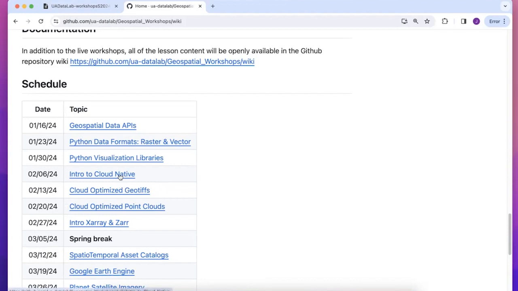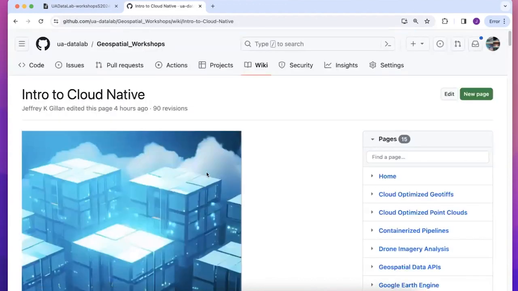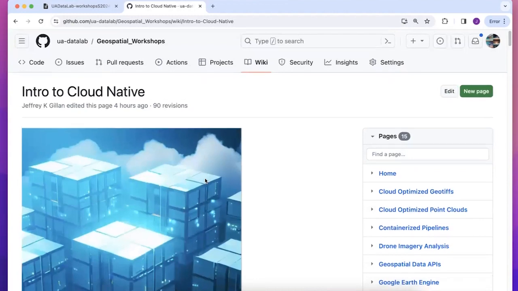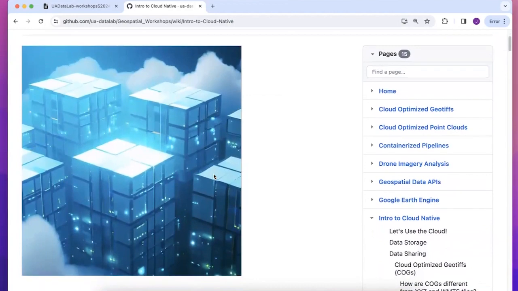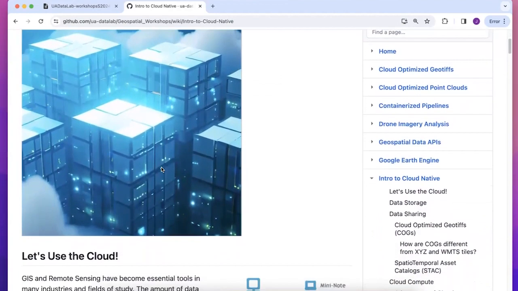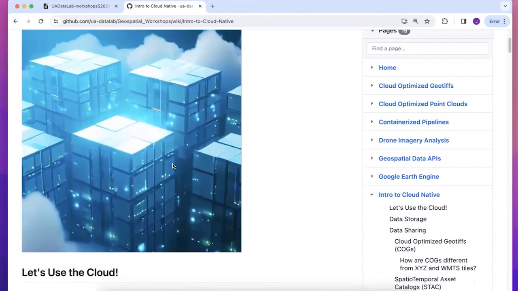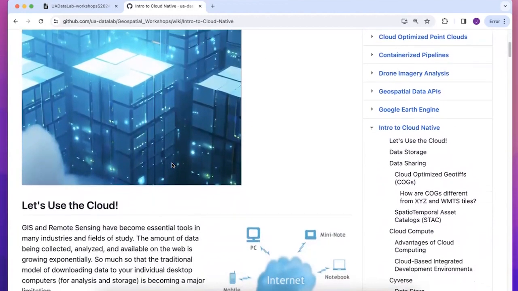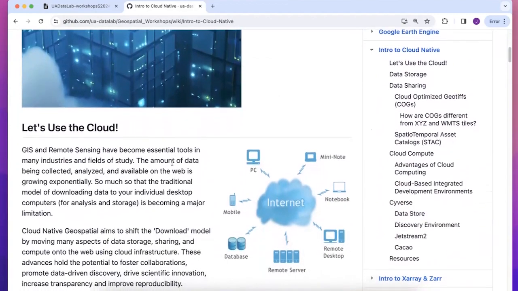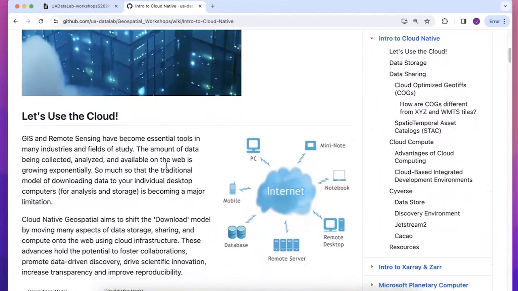So let's go into my lecture material, Intro to Cloud Native. Okay, here's the material. Of course, I have to have my AI image on the front page. Not sure what my prompt was, computers in the cloud or something like that, but I always love the images I get back. Okay, so, let's use the cloud. Don't worry about reading the text. The text is for people to access this stuff by themselves online,